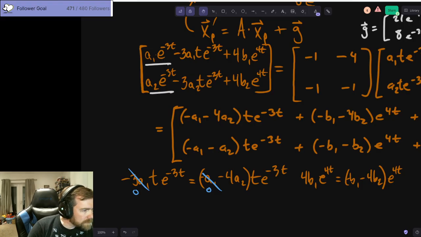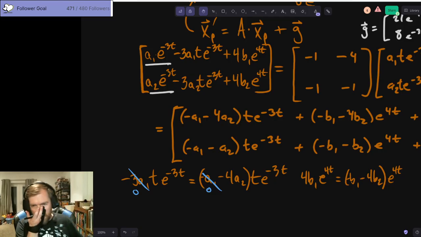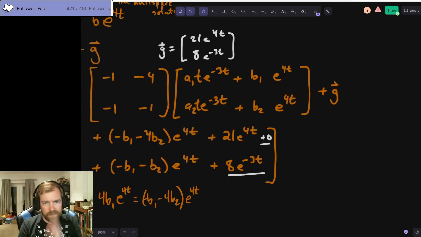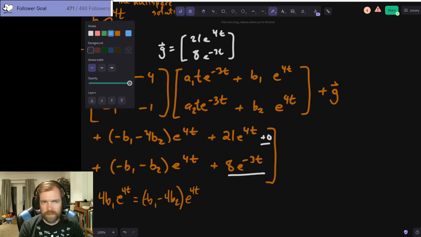And this is one of those things that I think is useful to show anyway, the fact that this mistake happened. In some ways that emphasizes the need for the kind of solution we choose. It can't just be like we normally do, where we say a t times e to the minus 3t. We have to include the other constant term as well, because there's that degree of freedom problem that we're running into right now. We don't want to couple those solutions together unnecessarily. Alright, so we'll add a d1, d2 in there with e to the negative 3t for both.